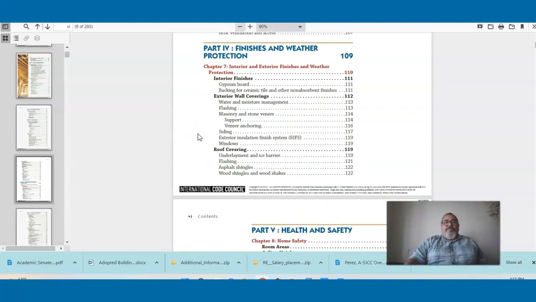Part 4 gets into finishes and weather protection. Chapter, which is made up of,